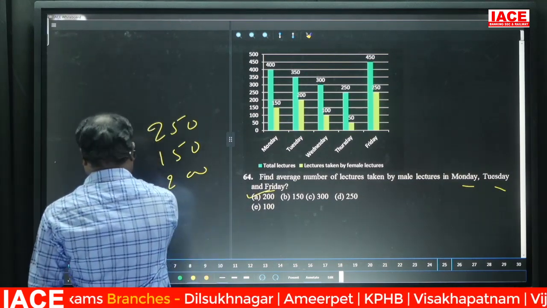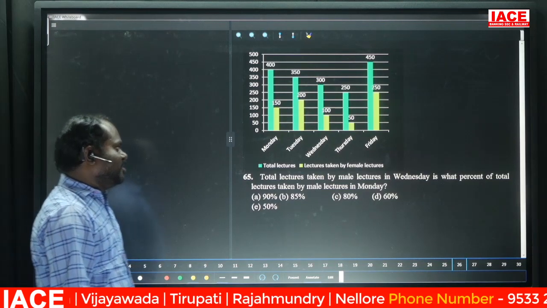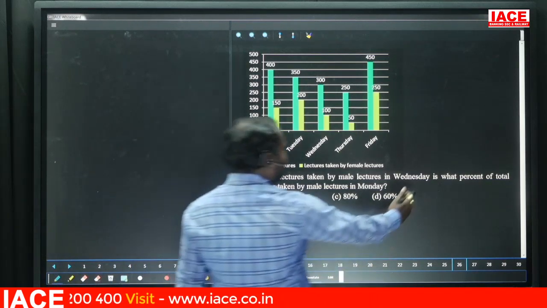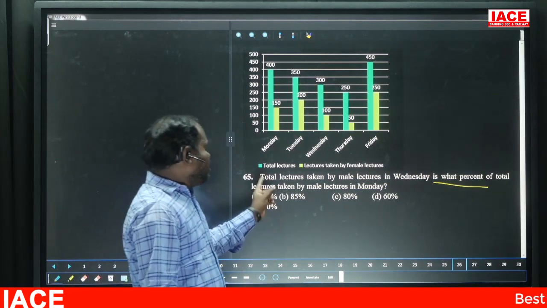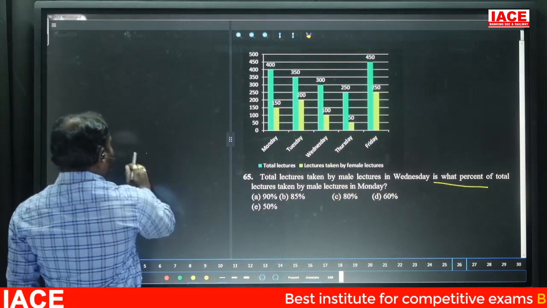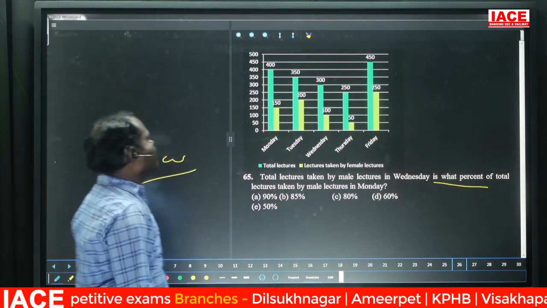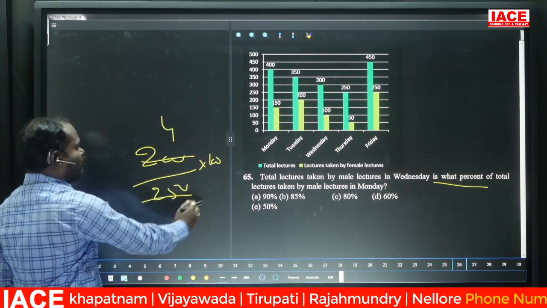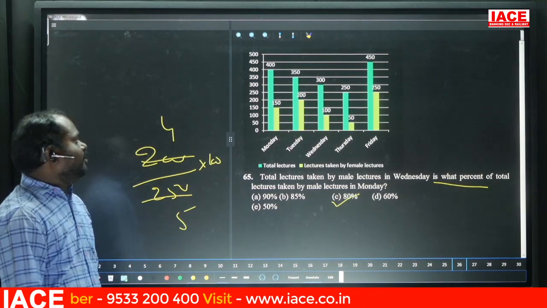65. Total lectures taken by male lecturers on Wednesday is what percent of lectures taken by male on Monday? Whenever it is "what percent of", each term by of term into 100. So total lectures taken by male on Wednesday is nothing but 200 by male of Monday. Male of Monday is how much? 250. 200 by 250 into 100, 4 by 5, nothing but 80 percentage. 80%, right. Next,